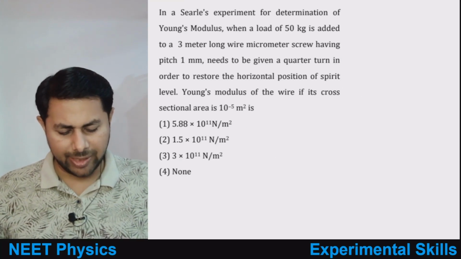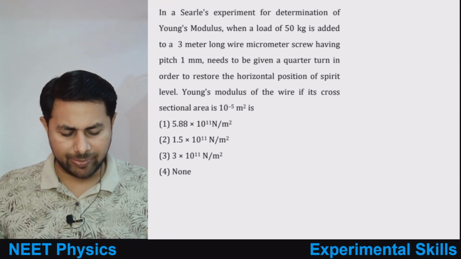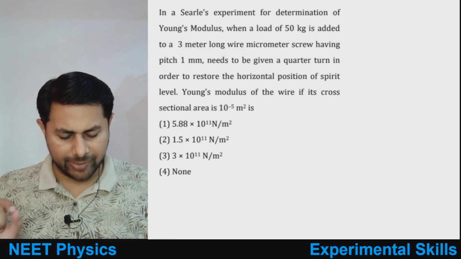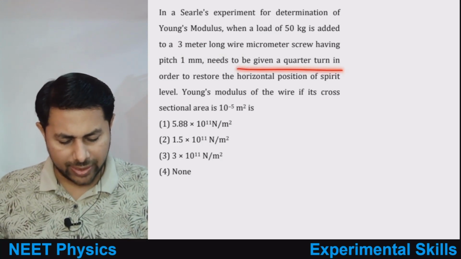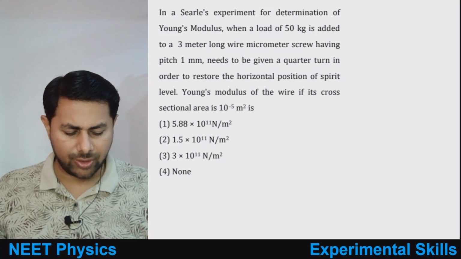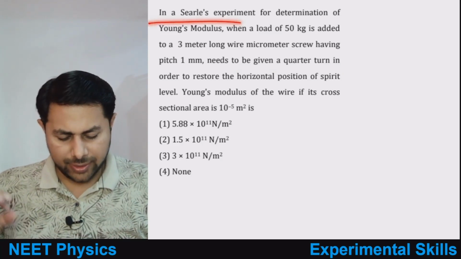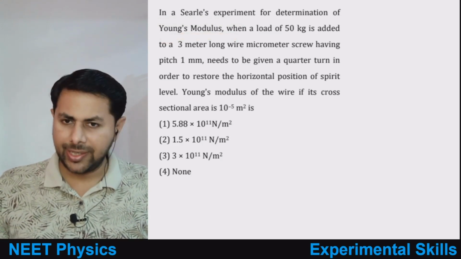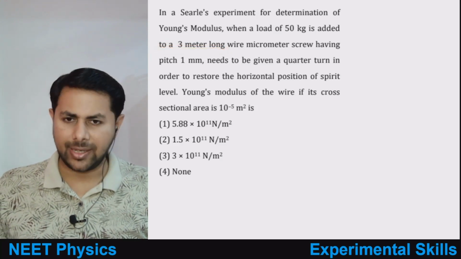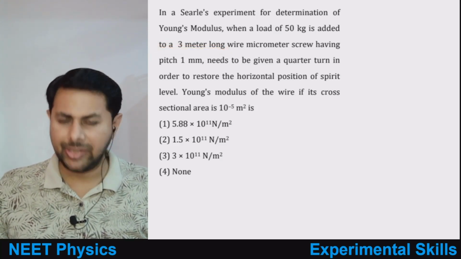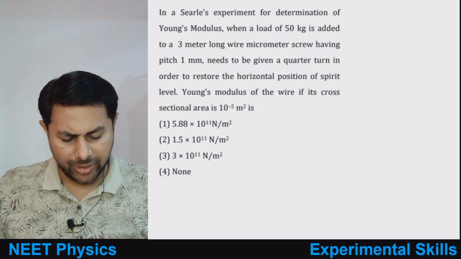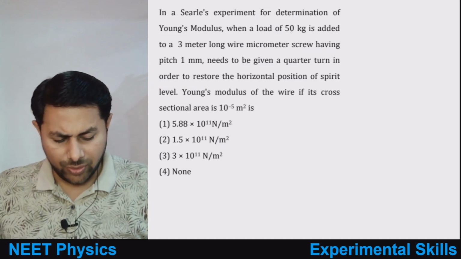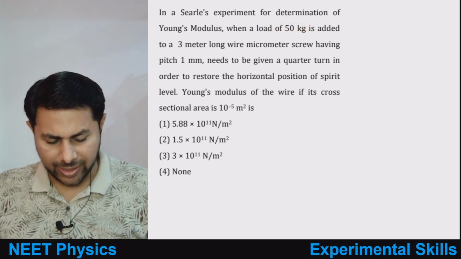In a Searle's experiment for determination of Young's modulus, when a load of 50 kg is added to a 3 meter long wire, a micrometer screw having pitch 1 mm needs to be given a quarter turn in order to restore the horizontal position of the spirit level. Okay, so now a load of 50 kg is added, the length of the wire is given, so F is equal to